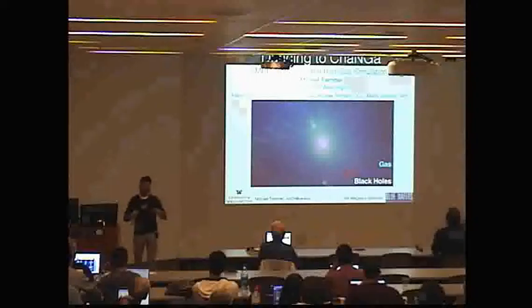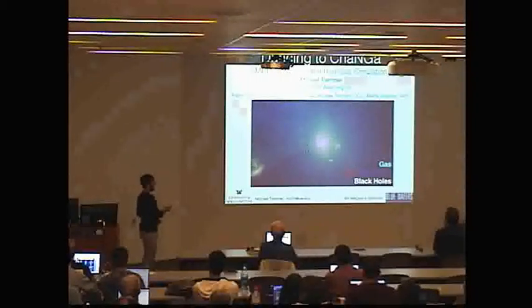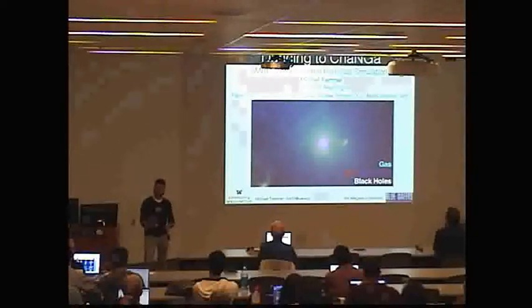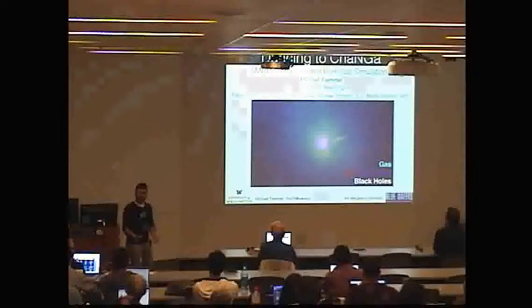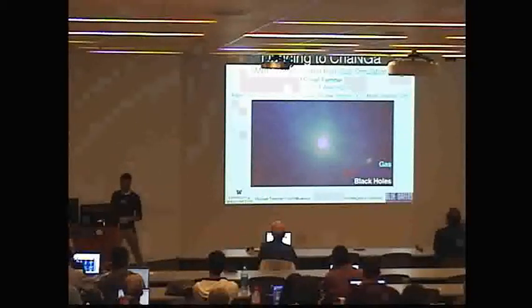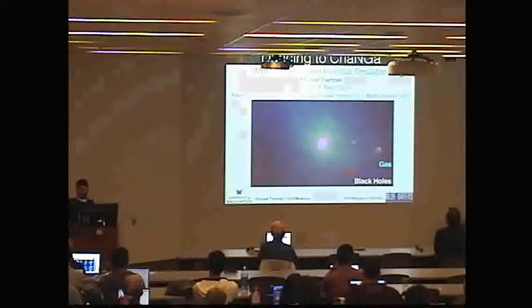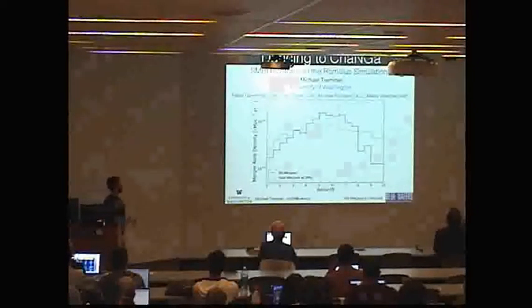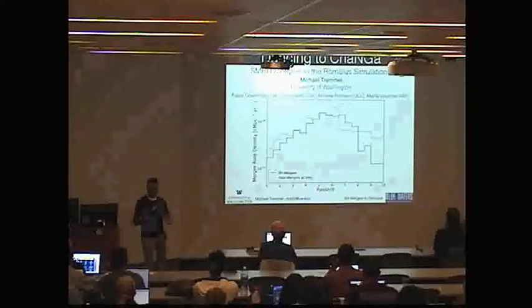All of these black holes were deposited in this galaxy through previous merger events, but what determines whether or not a black hole reaches the center and merges with the main galaxy's host central black hole has to do with a lot of the properties of the galaxies and the merger itself. And this is important if we want to use cosmological simulations to predict the merger rate of supermassive black holes.